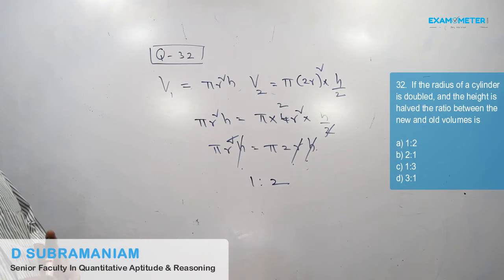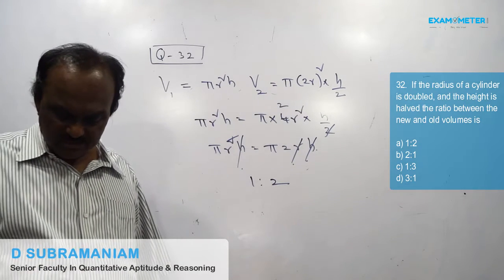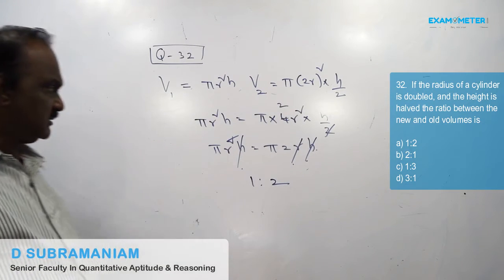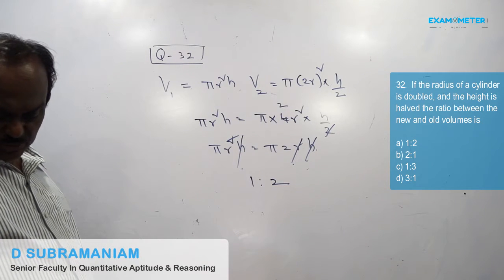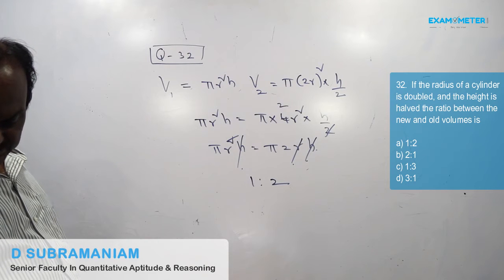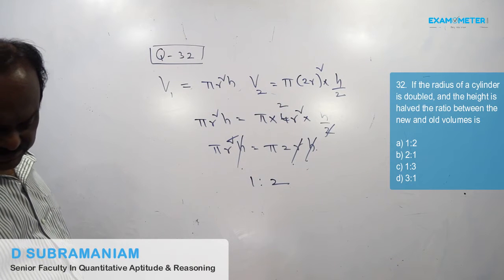One is to 2. This we have to reverse. That is 2 is to 1. So the answer is 2 is to 1. That is multiple choice